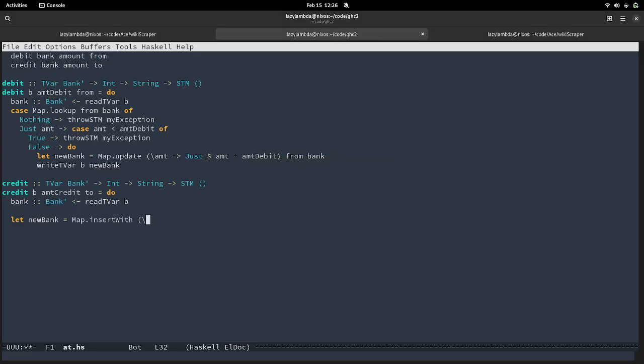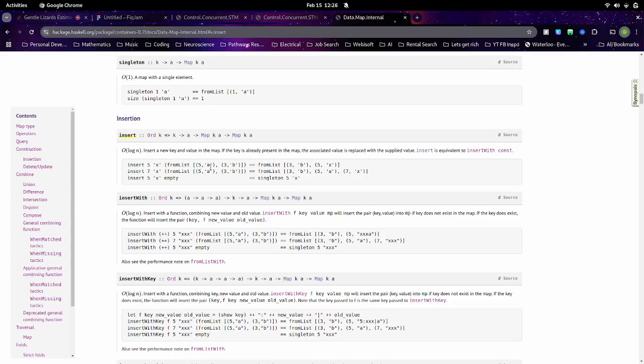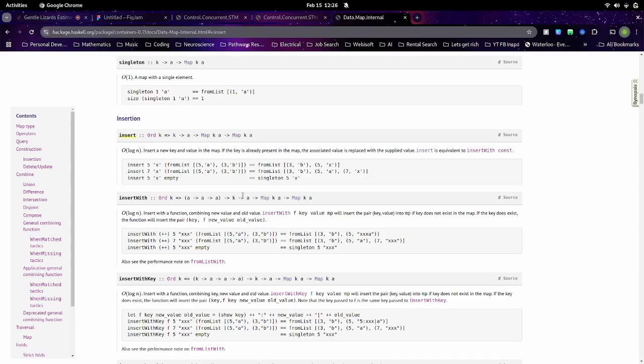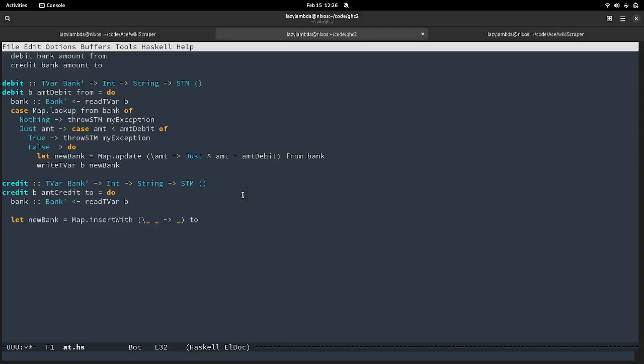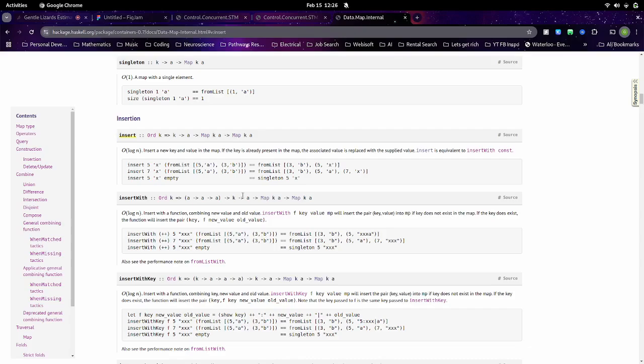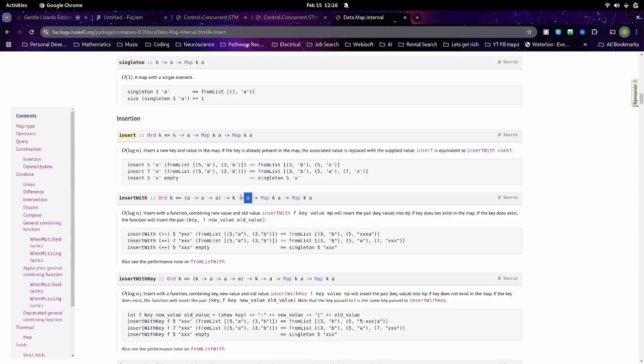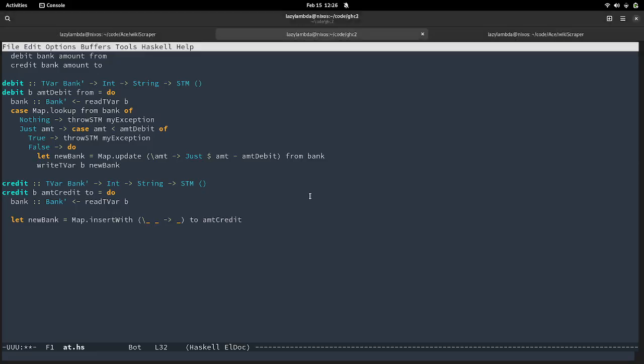And this is going to be a function which takes two values and gives me something else. I'm going to act on the key given by to. And I guess this is the new value. Okay, so the new value is the amount to credit. And finally, our map that we are acting on.